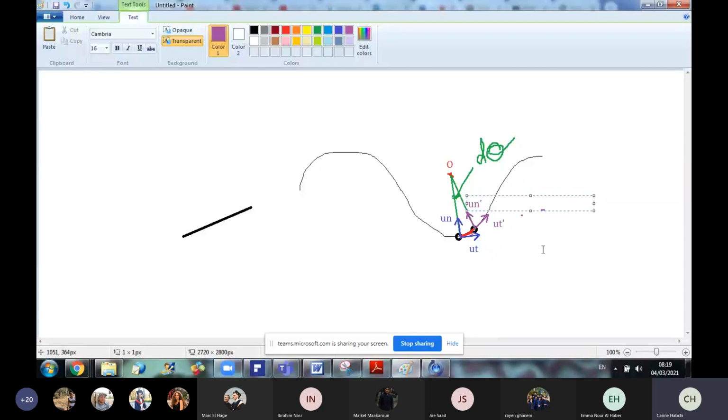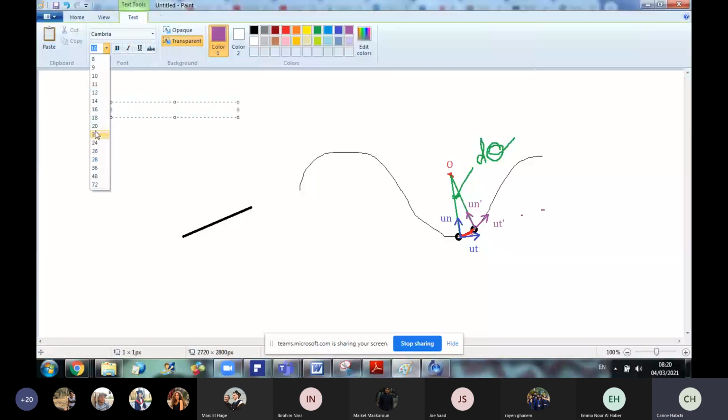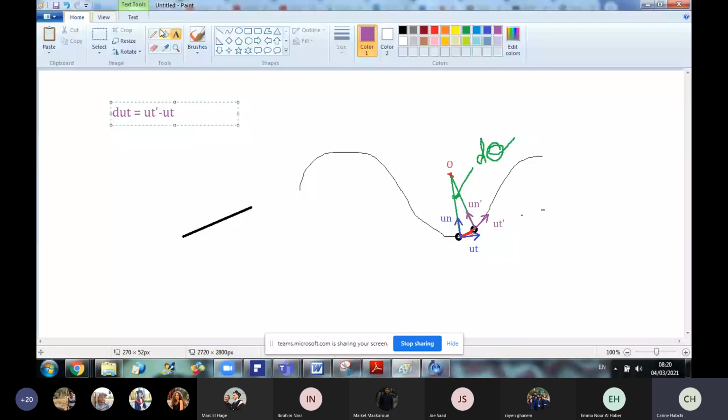Now, I am interested in dut. What is by definition vector dut? This is the variation in ut vector, so it's equal to ut prime minus ut. Now, if I want to draw it in a clearer way, I have ut and ut prime. If I represent them on a bigger scale here,